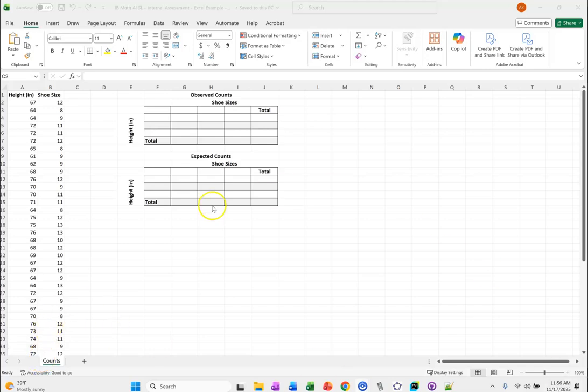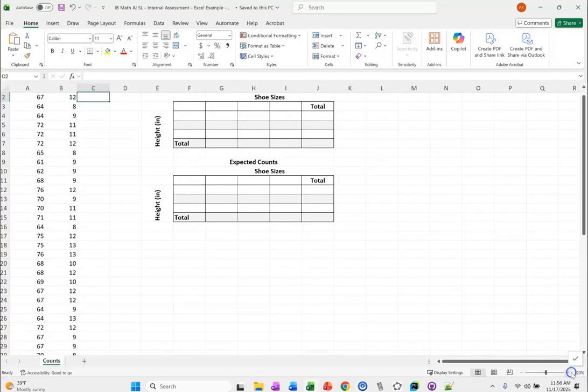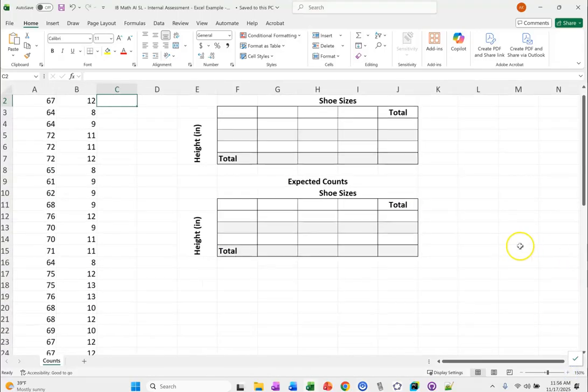The plan is we're going to talk about processing our data for our IA. Now, if you have your data collected and you're ready to go, you can follow along with me. Probably most of you are not at this stage of the game,